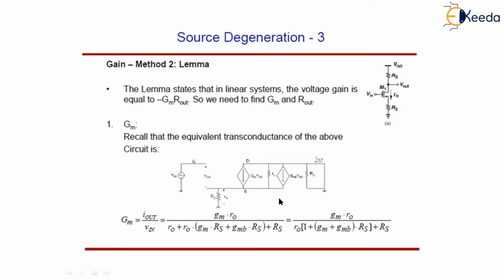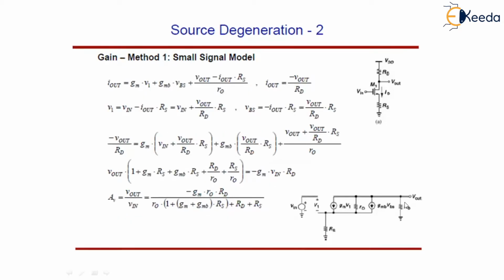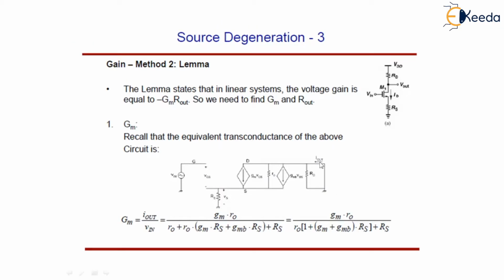this is the same, but we have made a slight change in this circuit. Here we have short circuited this output, to find I out, so that we can calculate our equivalent transconductance. Equivalent transconductance is given by the output current produced for the Vn. Okay, our I out upon Vn.